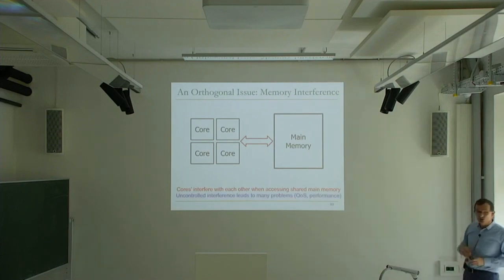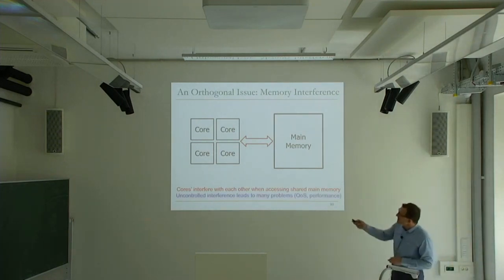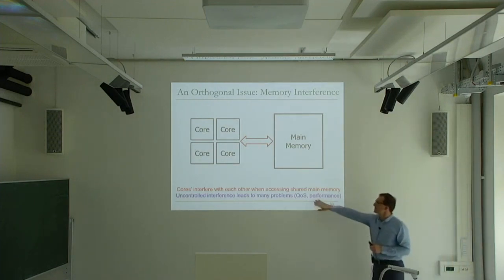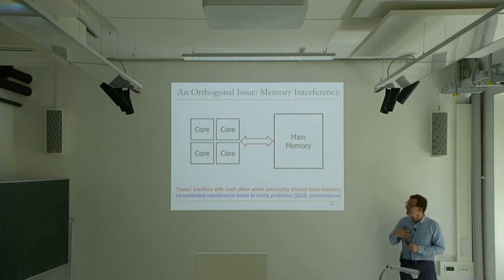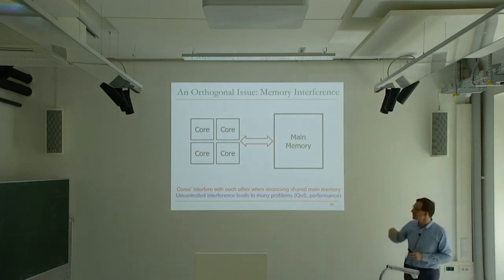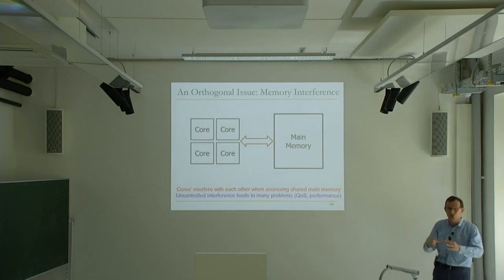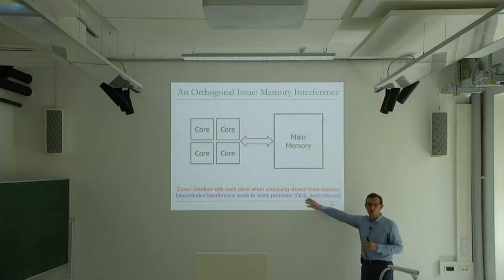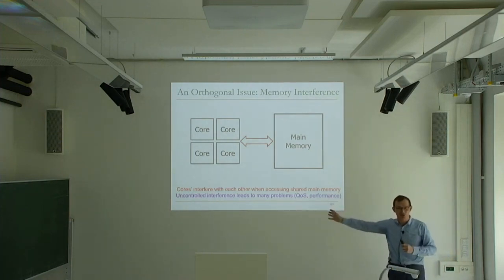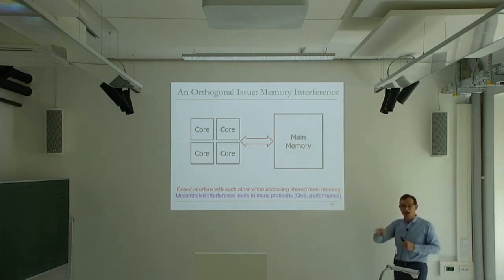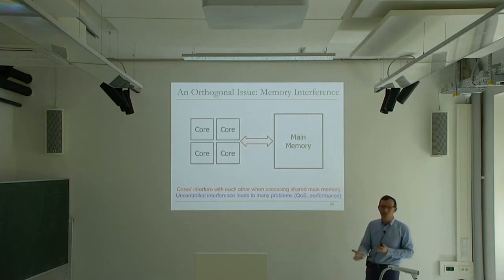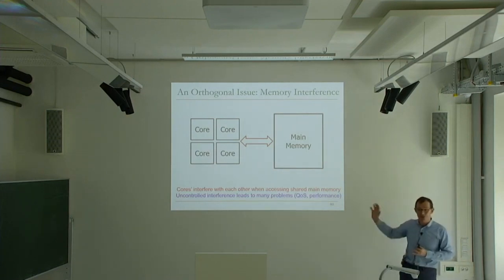And if you don't control this interference in some way, if you don't have some intelligence in the memory controller, then this could lead to many problems like quality of service, performance. This was actually the first work that I had done when I joined Microsoft Research. We wanted to look at this problem. If you put many cores on chip, and if your memory controller doesn't distinguish between requests from these cores, you run into quality of service issues. We wrote this paper in Usenix Security that is called memory performance attacks. Essentially, you can have two programs. One program can deny service to another program. In 2007, we looked at that issue.